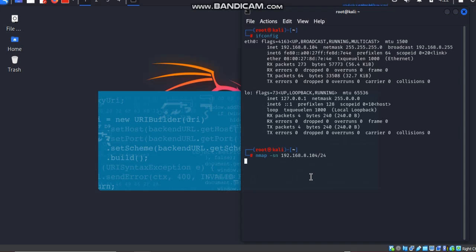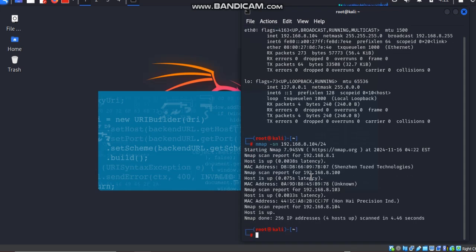Today I'm using my bigger Wi-Fi, which is the Spectranet. It shows here that I have four hosts up. And up here, we already established that the Kali Linux is on .104, which is this one under here.